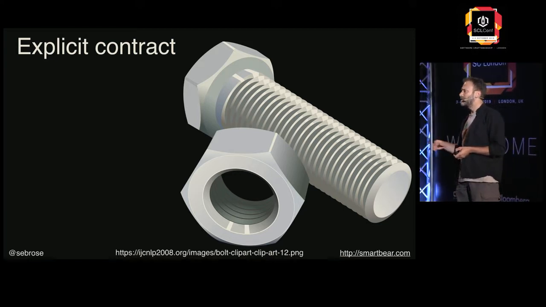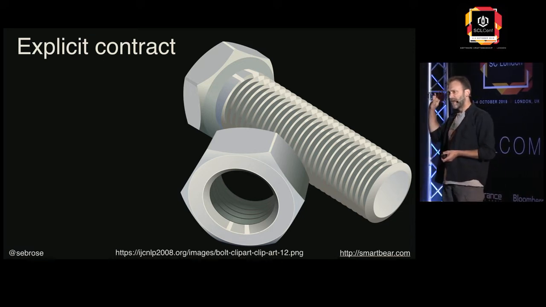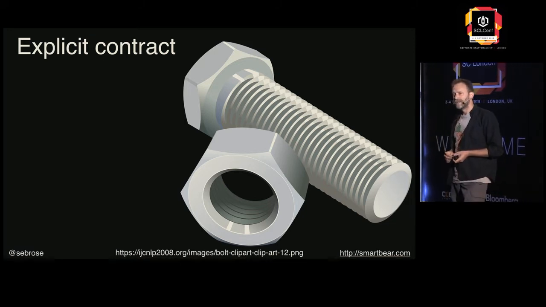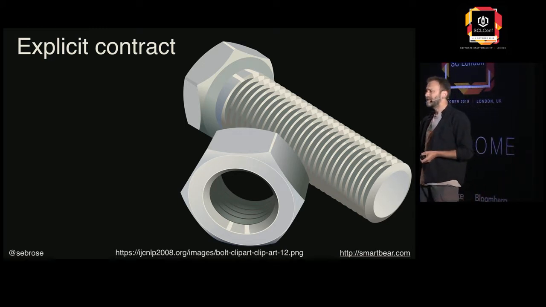Rather than try and do that directly using software as an example, I'd like to use an analogy of a nut and a bolt. So the explicit contract, well, what is the explicit contract between that nut and that bolt? Thread, yeah. There are many different sorts of thread in the world. I know that most of them have gone out of fashion since the metric world came over, but there are many different threads. Someone also said size. So you get different sizes of different diameters. Those are really clear.